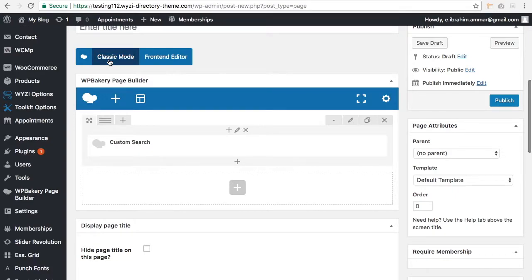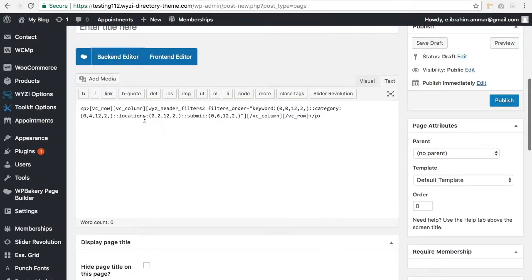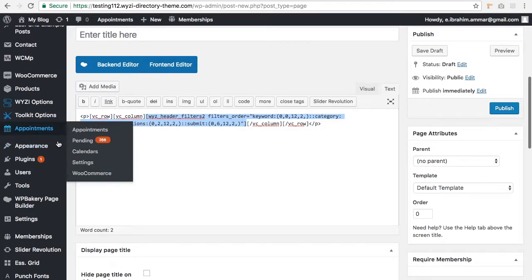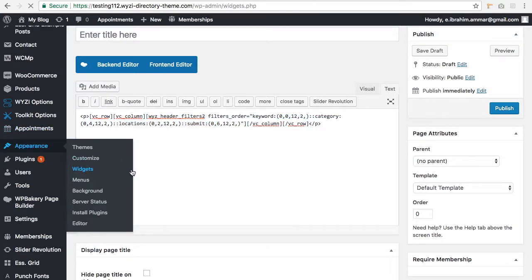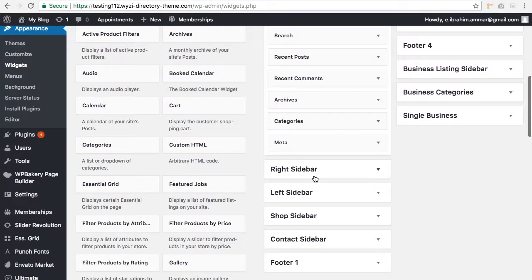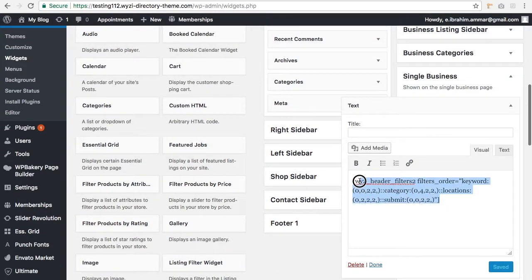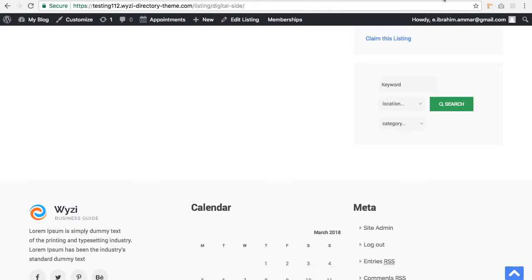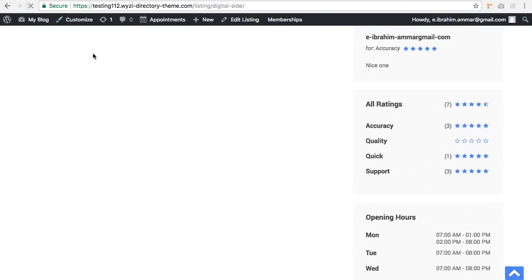You can go to classic mode and copy the shortcode that has been created from this part. So let's go copy, and now you can go to appearance widgets, and down to any, like, you can put your widgets anywhere. Let's say we're putting it in the single business tab, and we're gonna make sure that the shortcode is pasted in here. Then if you save and refresh the page,